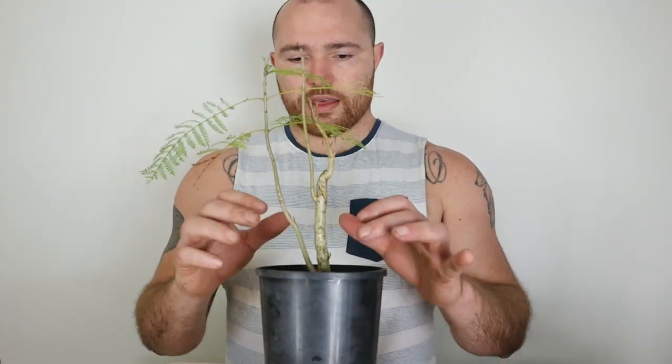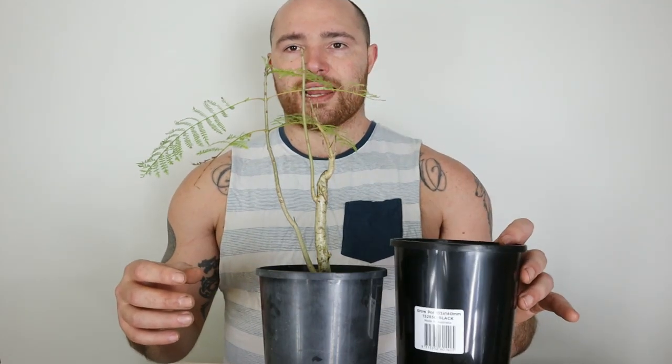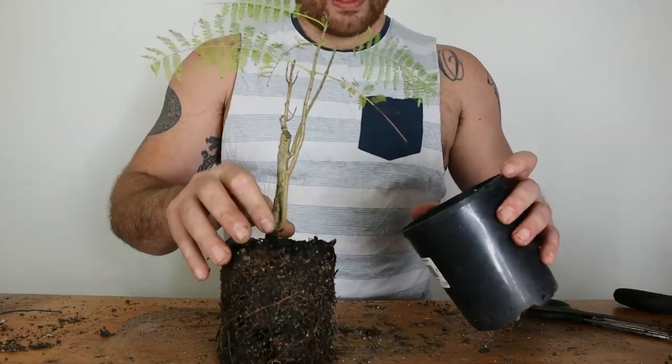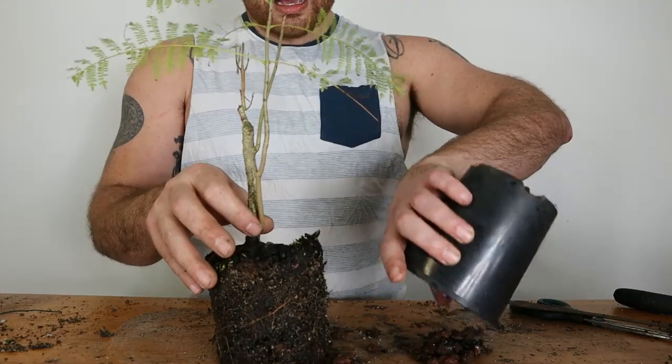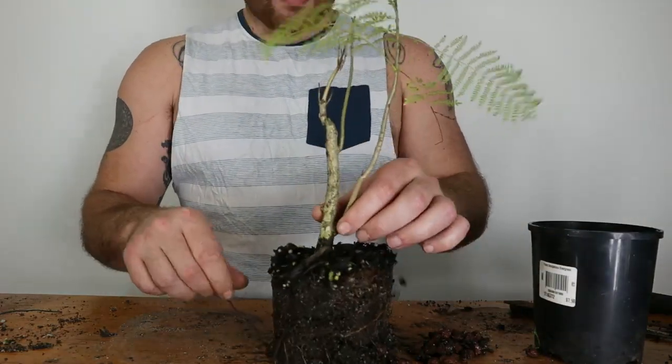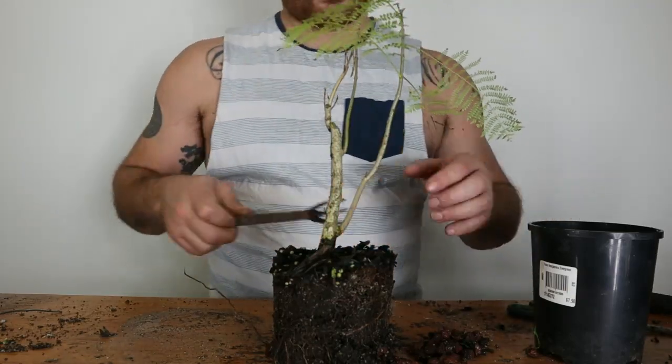But the main thing today I'm going to do is, given this one's already got quite a bit of thickness at the base of the trunk, I'm just going to have a look at the roots, how they've grown, and then repot it. So I'll probably just put it into a very slightly larger training pot, just a bit of a better pot. You might recall from the last video, and I will leave a link to that last video up above so you can check it out, but you might recall that I did also have